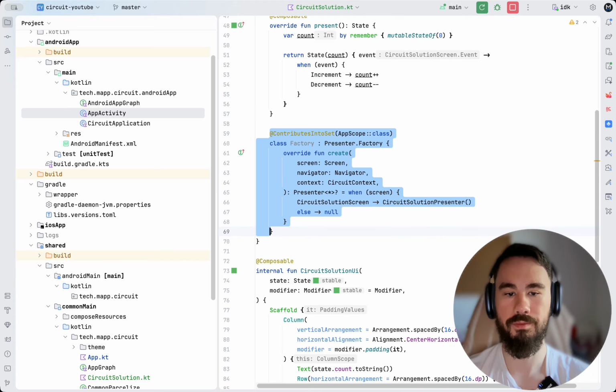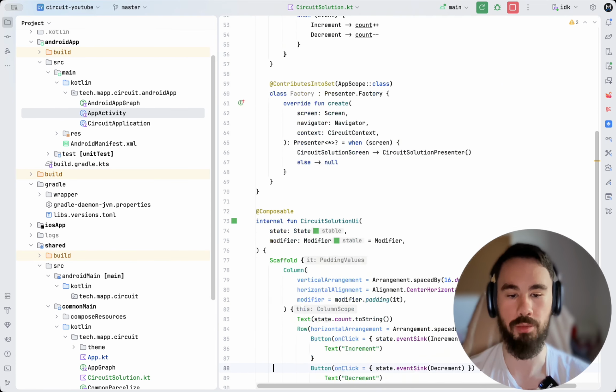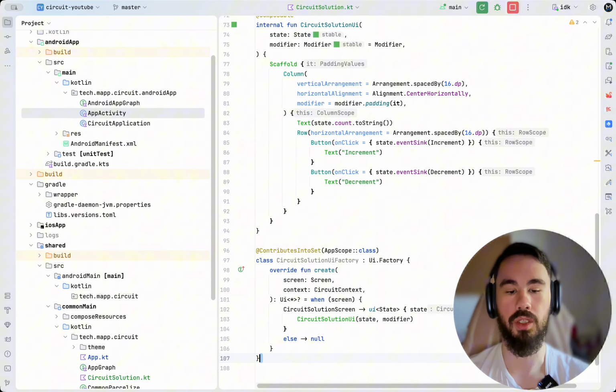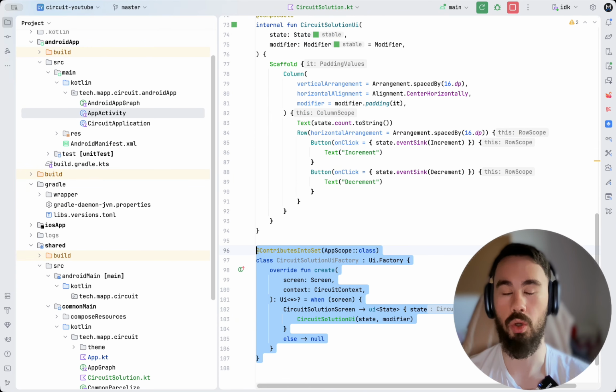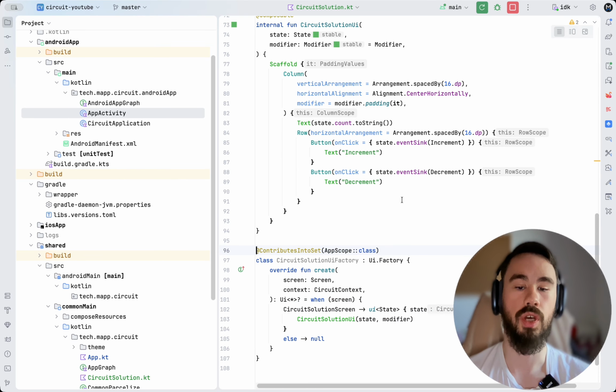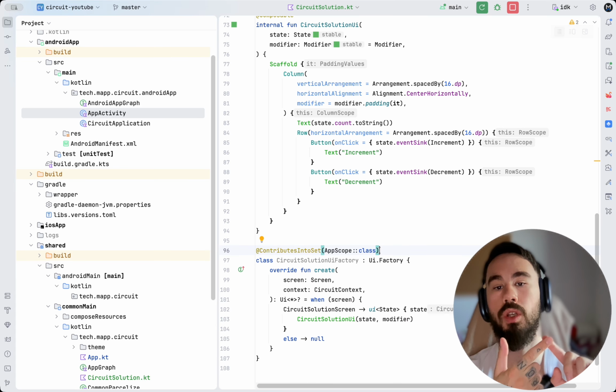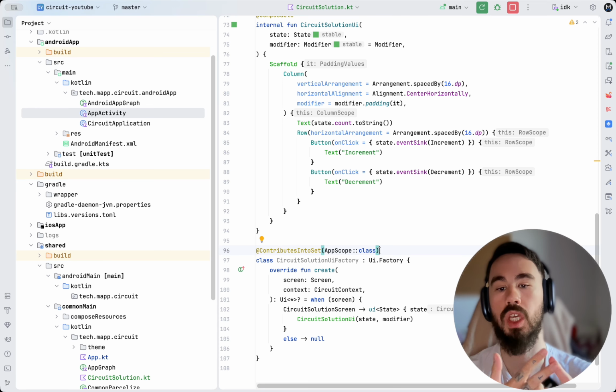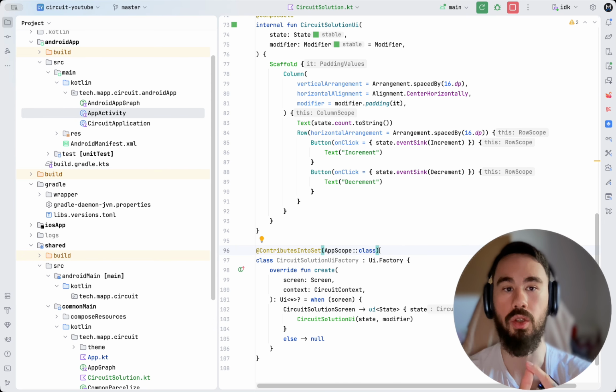In the next one, we will see how all of those factories that we have, for example, this one, will be replaced just by a single line of code, and circuit will be able to handle even more things for us. Also, this would be resolved by a single line of code, and then you would have just the code that you would want to write. You would not have any glue code, you would not have any boilerplate. You would just have plain presenters, you would have plain UI, and everything else would be handled for you. Connecting those, navigating between those,